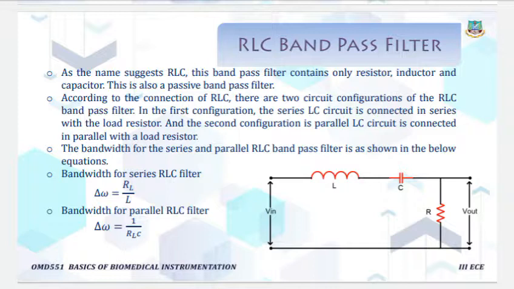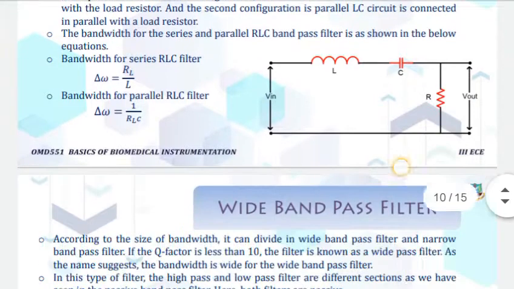Okay, so the bandwidth of this is del omega equal to RL by L in this case, and for the parallel case, del omega is equal to 1 by RLC. Okay, RL means the load resistor, C means capacitance, L means inductance. Okay, have you understood the RLC filter? Okay, next one,